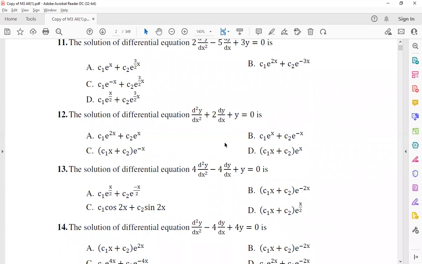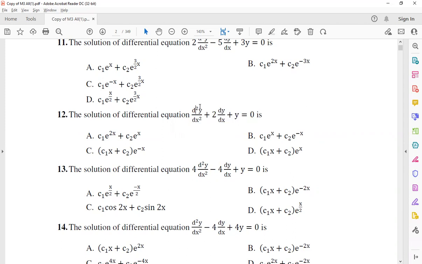A is 1, B is 2, C is 1. 1 and minus 1. Check once properly once again. What are the roots? Minus 1, minus 1. Correct. Minus 1 and minus 1. Repeated real twice. So which one is the correct option? Are you getting minus 1, everyone? The calculator is showing you only minus 1.